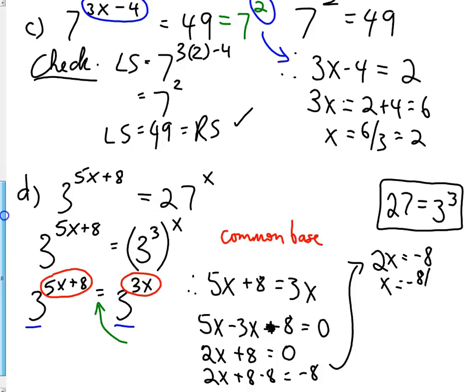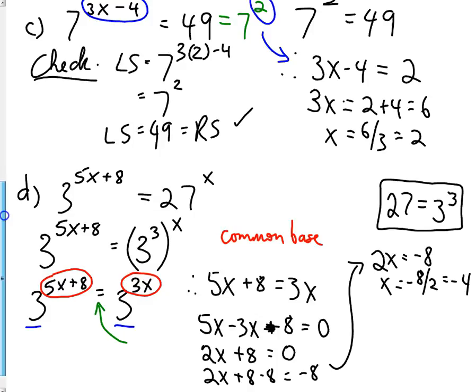Negative 8 over 2, which is negative 4. And then at this point, I would just want to check that. Negative 4, okay, that seems possible. The right side with a negative exponent involves a reciprocal and repeated multiplication, but